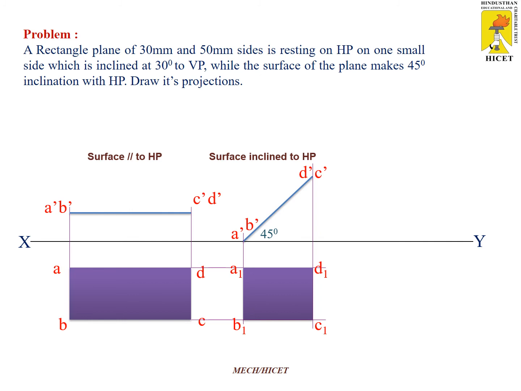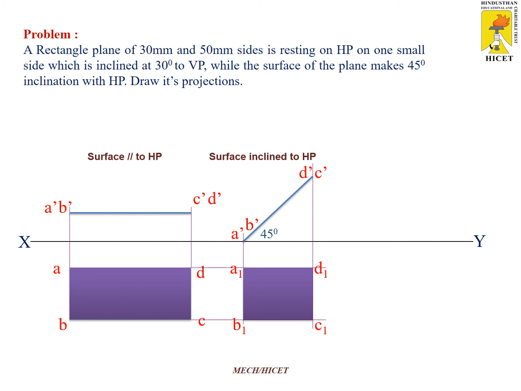First draw a line of 30°. You have to tilt this particular diagram, that is the fourth position. The first position, as usual, is A, B, C, D, which is in a horizontal plane, and the second position looks like a line, just A dash, B dash, C dash, and D dash, like a horizontal line. That is the second position.